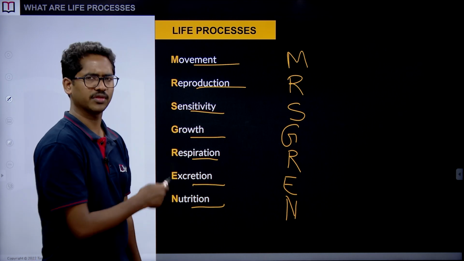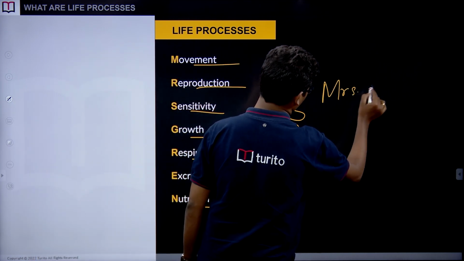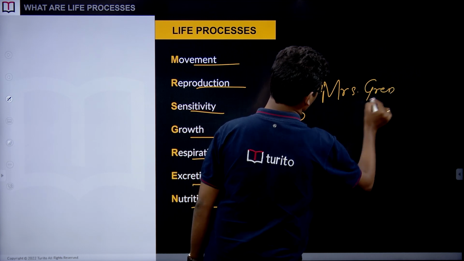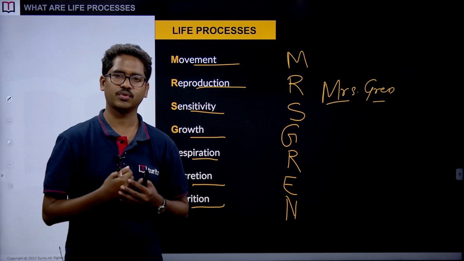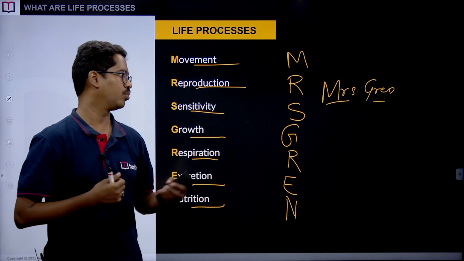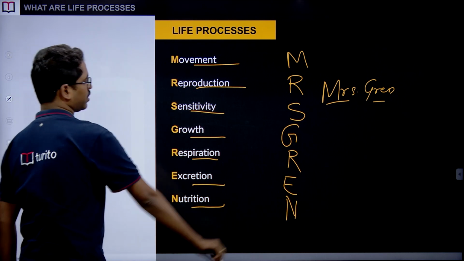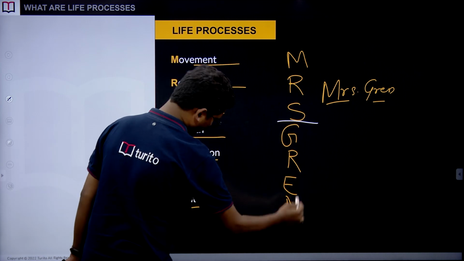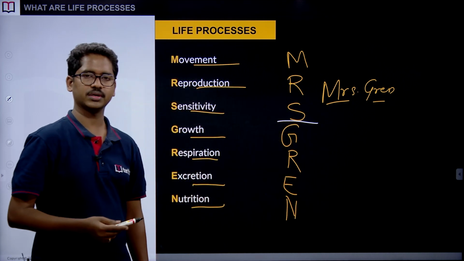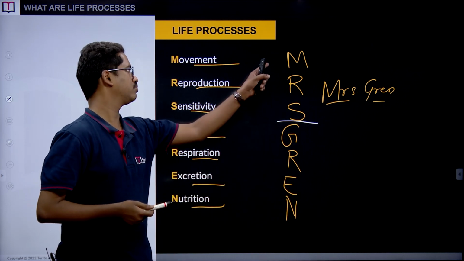Great, it is quite simple to understand, okay. So, let us see, it is nothing but Mrs. Gren. Mrs. Gren, that is what you have to understand, that is the word, it forms like this, okay. So, if you observe carefully, we get to see MRS, Mrs. Gren. So, we are going to understand about this lady here, and she is having the movement,